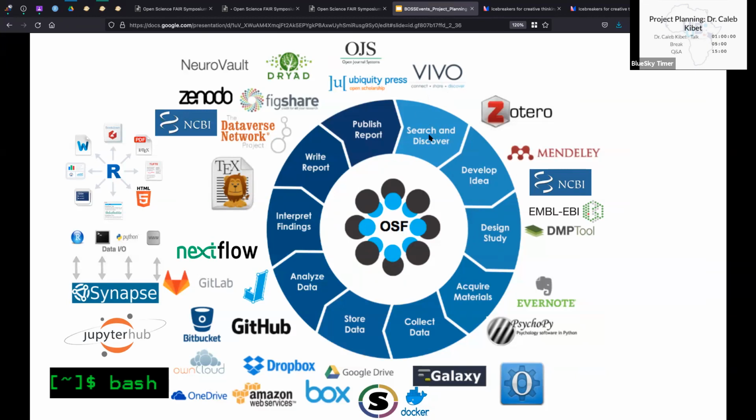So if you're starting at the beginning here, search and discover, when you're doing your research and you think about planning your projects, you want to use tools that allow you to bring together and manage your literature for your literature survey. So you have Zotero and Mendeley, and those support that. But also there's PubMed, which also facilitates that. You would want to use, when you're developing your idea, data that's available publicly to test your idea as well. So you want to go to NCBI, EBI, and some of these